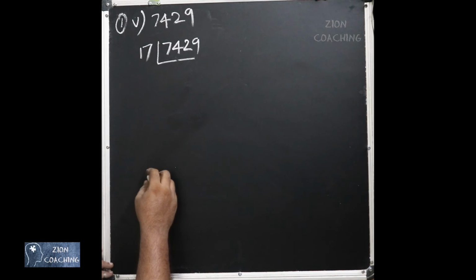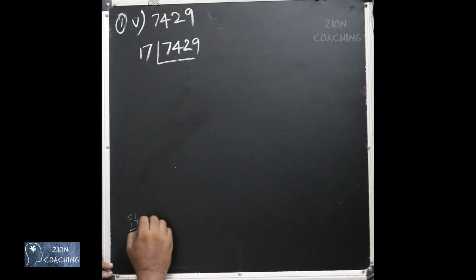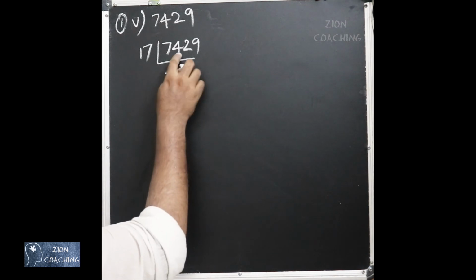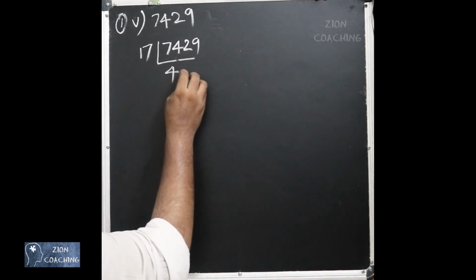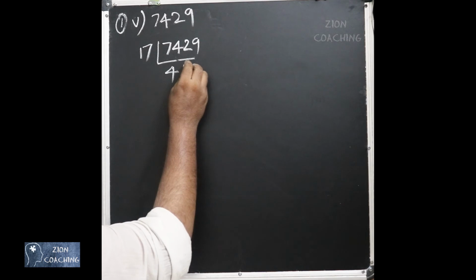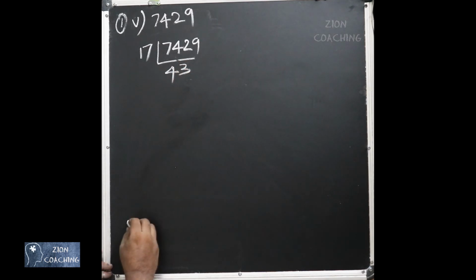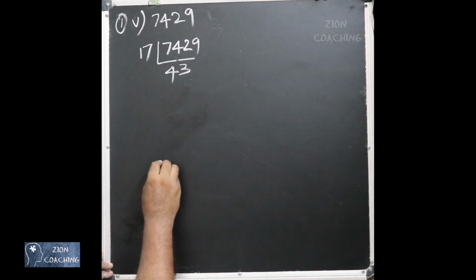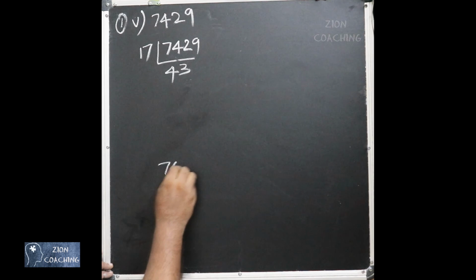2 17s are 34, 3 17s are 51, then 4 17 is going to be 68. So 4 17s are 68, then you will have 62. Then you have to go for 3 times, that is we will have 68 minus 51, so you are going to have 179. 179, how many times? I will do the division for you because some of you may be finding it difficult.